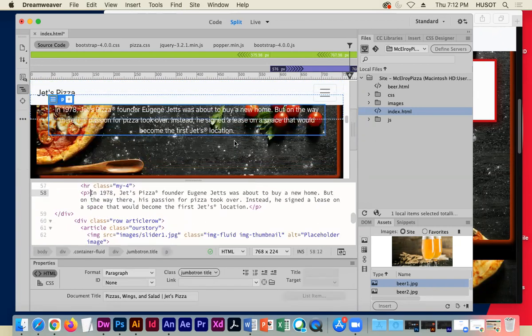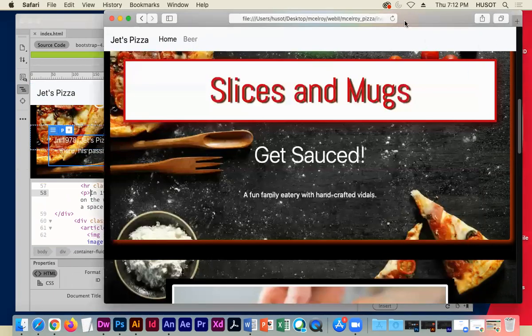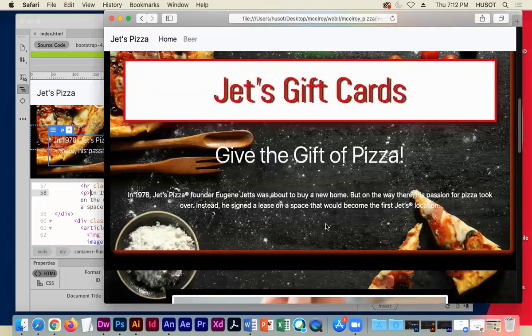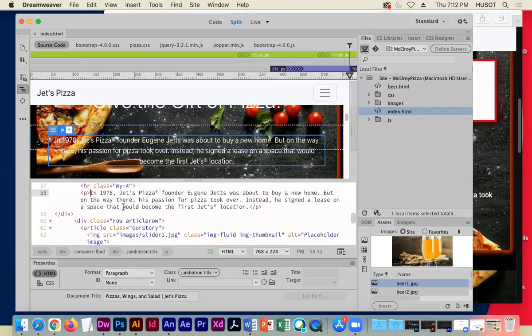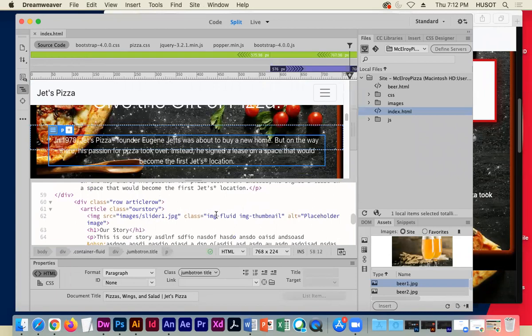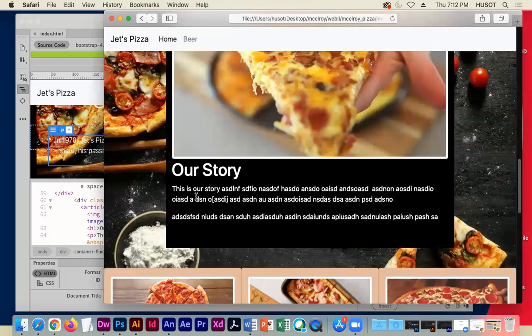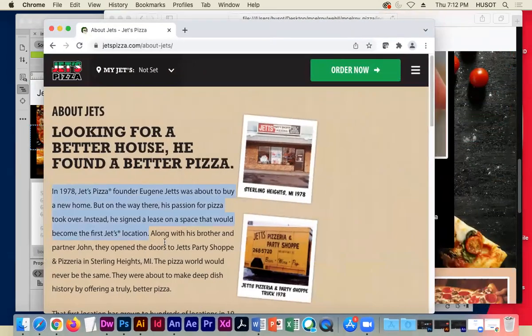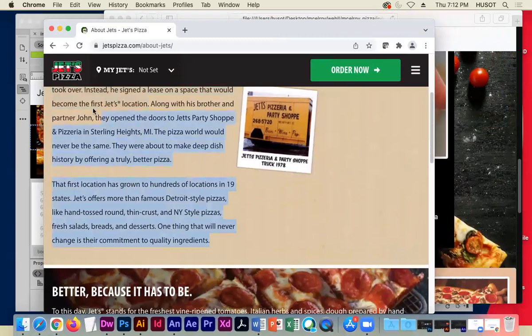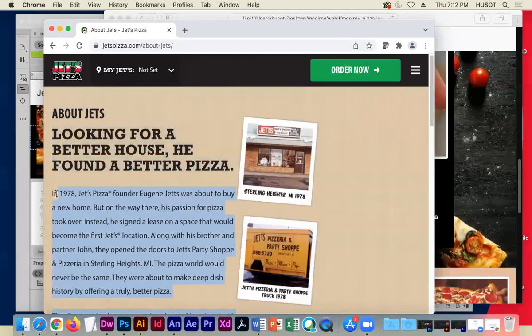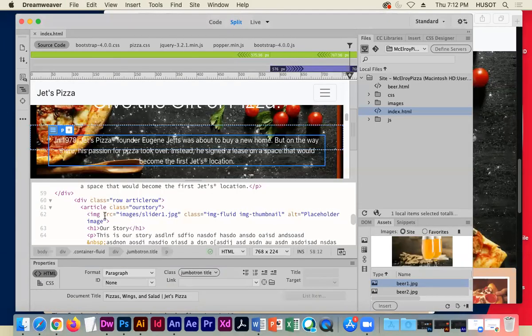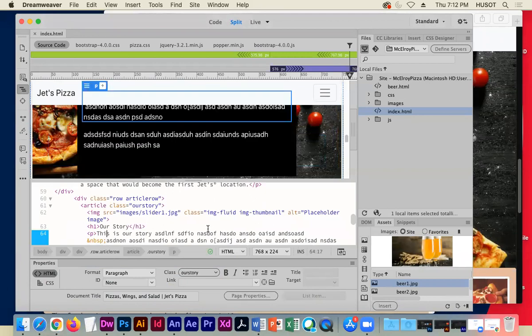And then look at that. So let's save it. That's in my paragraph. Let's hit refresh. And here it is, right? So you can see how it fills in. And so I'm just literally just going down. So there's our story. And actually our story is what I was copying here. So let's take this. I'm just going to copy this. Looking for a better house, he found a better pizza. So this is our